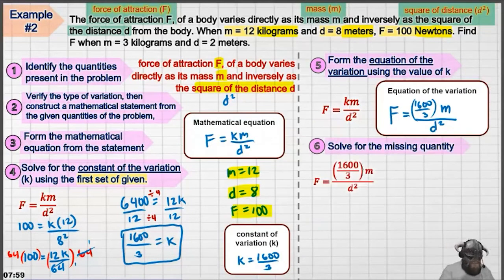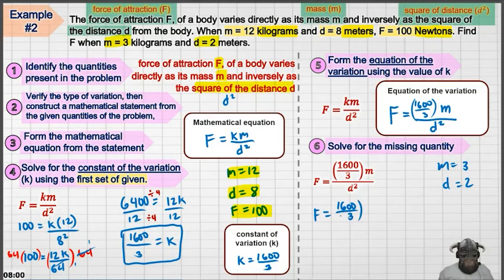At the same time, we can now proceed to step number 6. So kung titingnan nyo, ayan na itsura niya. So nilagyan ko parenthesis para madali. Now, all we need to do is to identify ano ba yung missing natin. Find F. So I think that force of attraction is missing. We're given with the mass which is M and the distance which is D. So mass is 3 and distance is 2 meters. Yan, sige, salamat. Now, as we continue, F is equal to